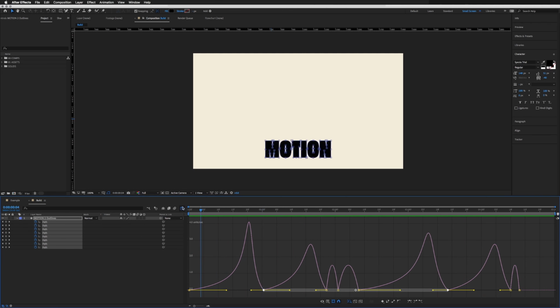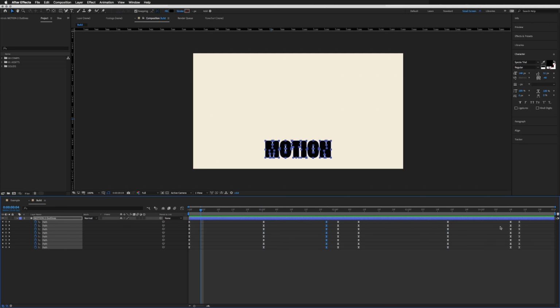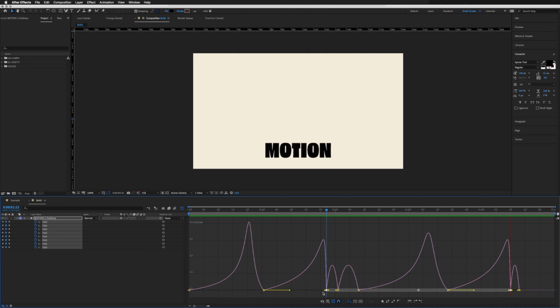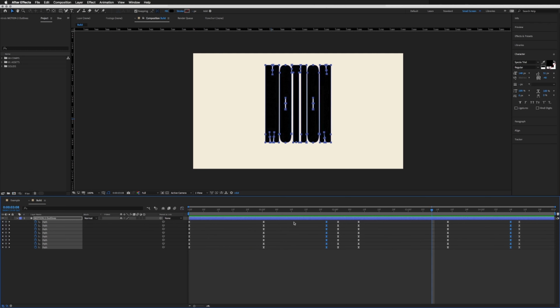So I think that the third sets of keyframes, which is these ones, the ones where it's just landed, that needs to arrive there quite quickly. So I'm just going to drag this right in so it's very steep right at the end. See how that looks? Not too bad. I feel like there's a lot of space between these keyframes, so I'm just going to tighten these all up. So I'm going to bring those to there, which is 20 frames, and all these I'm going to bring to here, and then